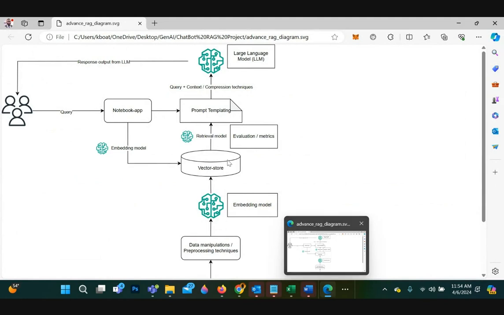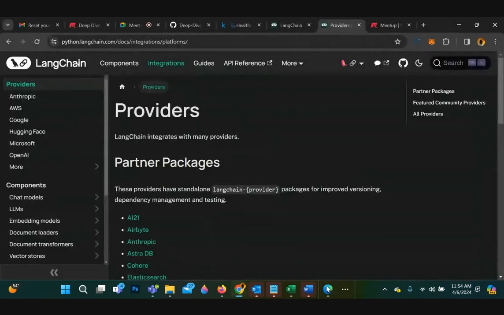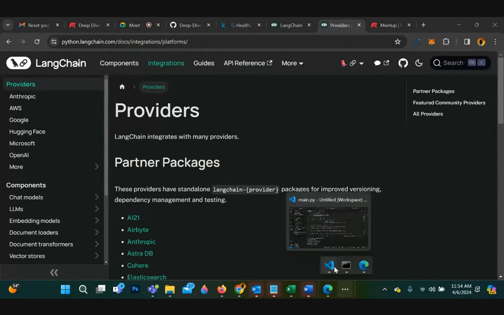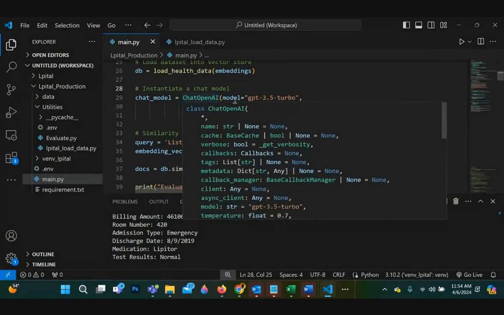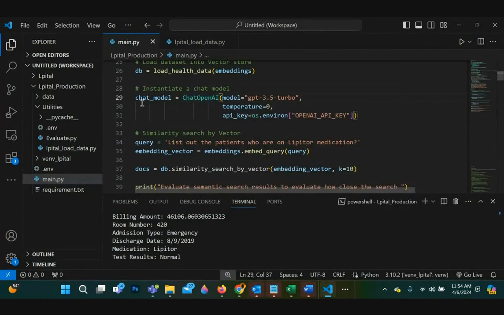Yeah, so we've stored the data here in the form of vectors. That's my program. All right. So here, line 29, we create the chat model, and it says the LLM. And we're using the GPT 3.5 Turbo setting.